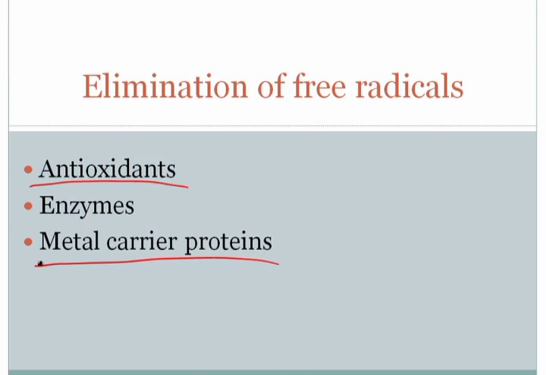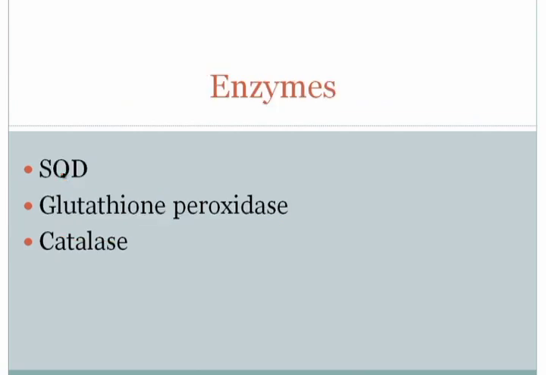The third category of substances that can eliminate free radicals are enzymes. Now, the reason why I take on this category last is because there's a little detail here from biochemistry that examiners expect you to be familiar with. So let's briefly talk about the enzymes. There are three major enzymes, each of them relatively high yield, that are important for the elimination of free radicals. I think that the easy way for me, at least, to remember these is to go back and create that same biochemical paradigm that I highlighted earlier,